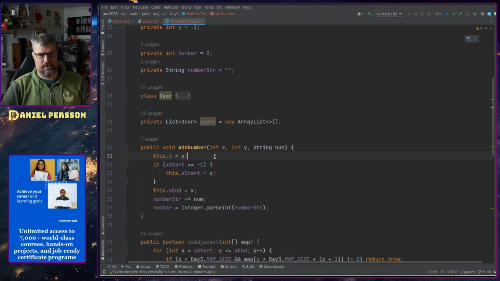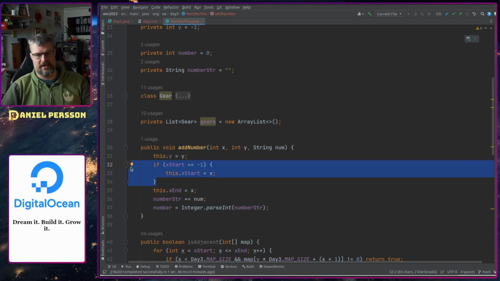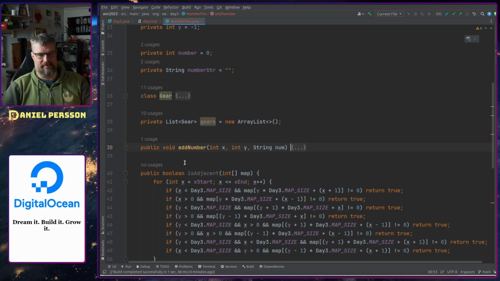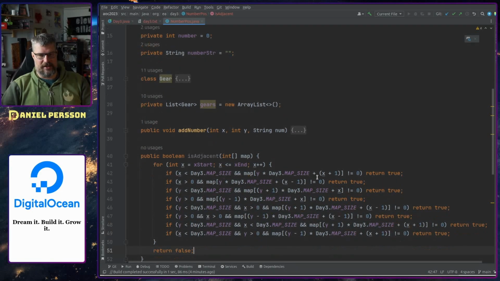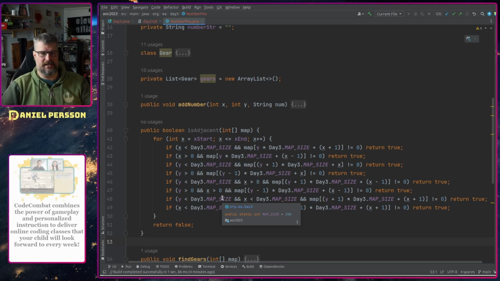So we set the value of Y every time, and then if we haven't a start value, we put that in, and we always put in the end number. So we get those two, and we add to the number string, and then every time parse it. So we might just want to do that at the last point, but it doesn't really add that much extra. Then we had a function here that checks adjacent,